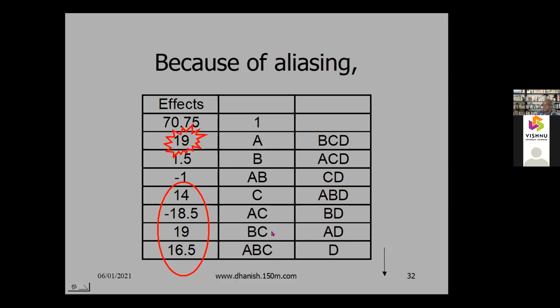We have an option to choose either this or this, so we had to decide. So that is an approximation. Since D is significant, we choose AD. And since A and D are both significant, this is likely to be significant. So we choose AD as this, D as this. So now these two are significant.